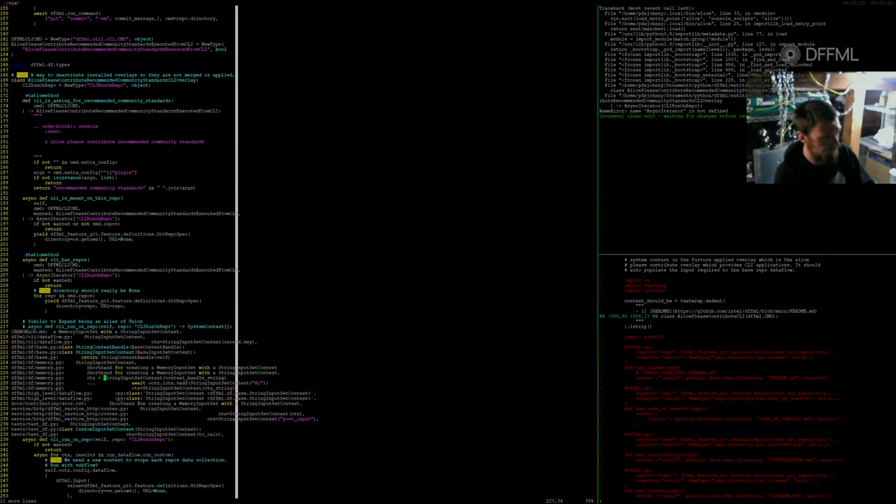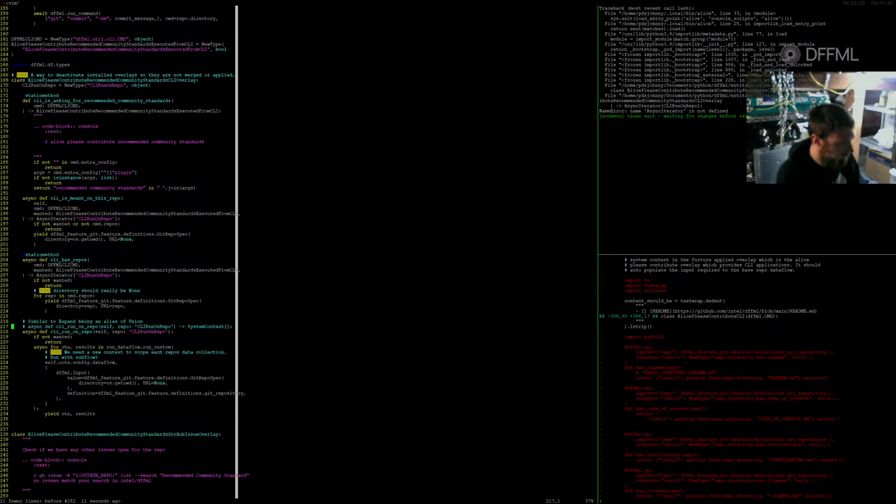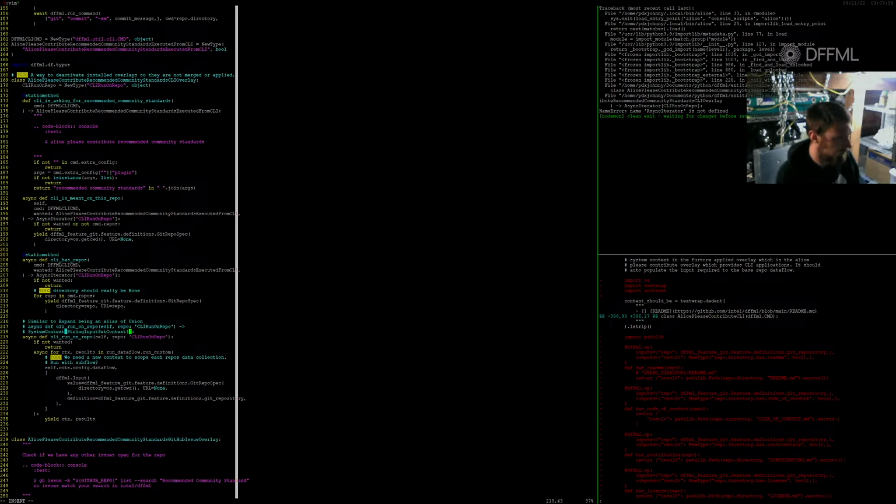So this input set context is the system context. Memory input set context. Okay, so we would say string input set context. So system context, string input set context, and then